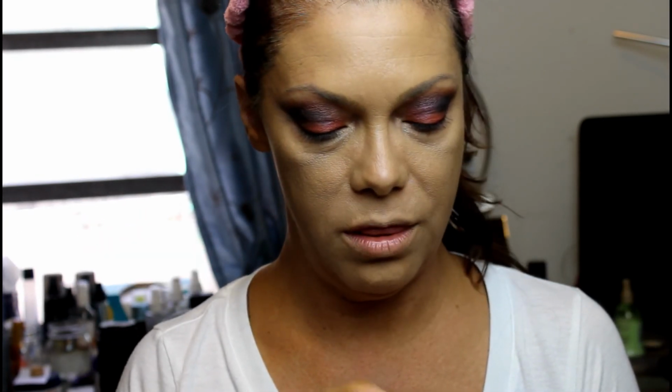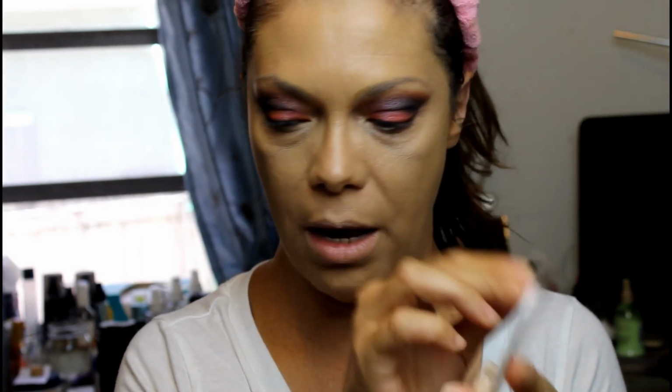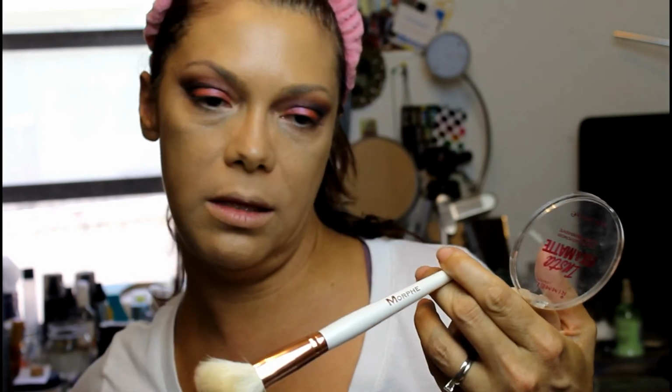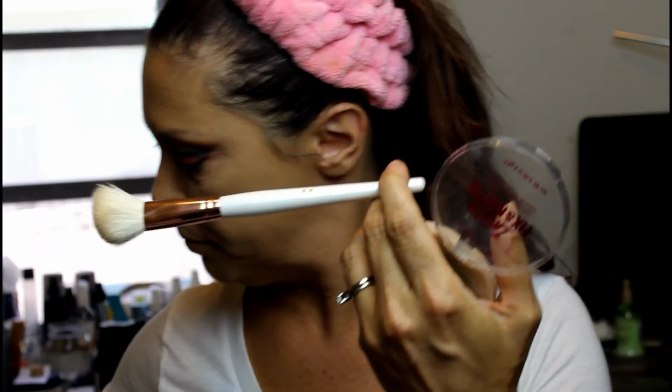Set it down with the Rimmel Instafix Matte powder, which I really, really like this powder. He didn't select it. I picked this one. It came in one of their sets that came with a little gold thing like this. Love this set. I love all Morphe brushes, but...